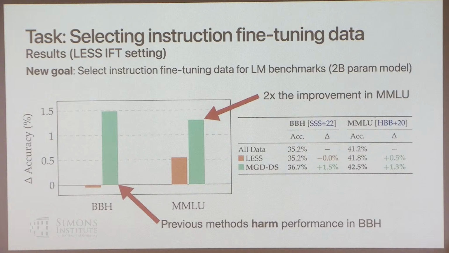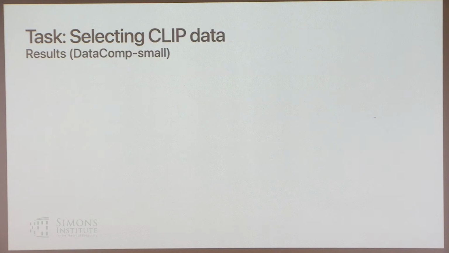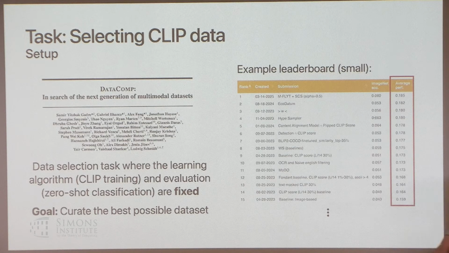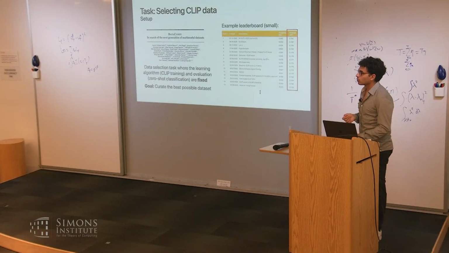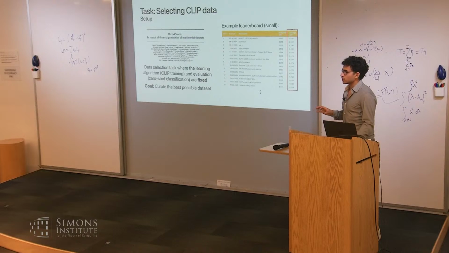Yes? I'm curious about, other than the number increase, do you have any qualitative explanation for why performance increases? Yeah, that's a good question. So I think more so on CLIP, you can see that there are a bunch of tasks where most of the methods usually involve some kind of heuristics, and those heuristics just can't improve the performance on some of the target tasks. So a lot of the gain seems to be from these target tasks where there aren't great human heuristics for how to select data, we can improve performance a lot, and that ends up affecting the average.